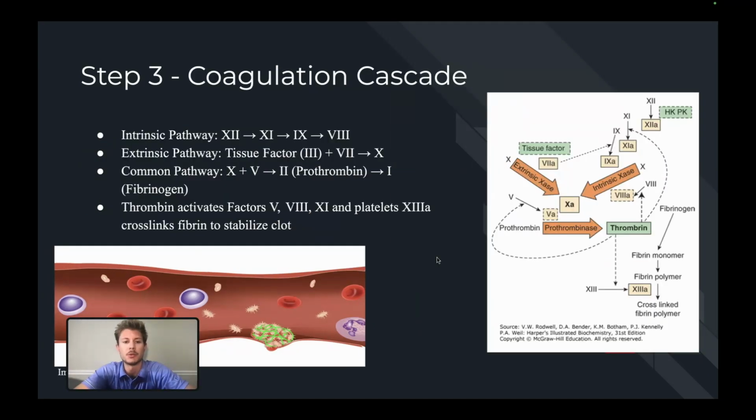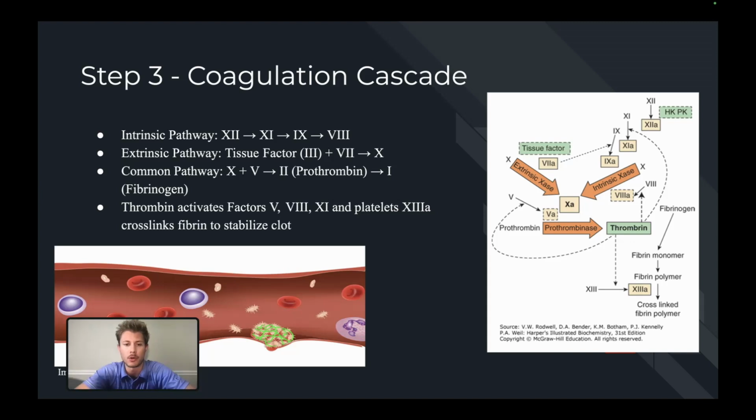The third step in hemostasis is the coagulation cascade. The coagulation cascade reinforces the plug with a fibrin mesh, stabilizing the clot. There are two initial pathways. The intrinsic pathway is triggered by exposed subendothelial collagen and involves factors 12, 11, 9, and 8. The extrinsic pathway is activated by tissue factor binding factor 7. Both of these pathways converge into the common pathway at factor 10, which, with factor 5, activates